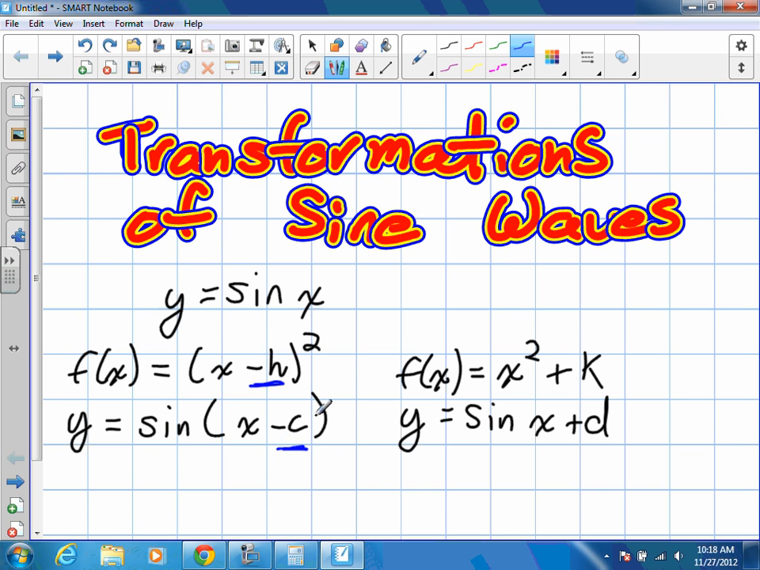So in other words, when we have a number inside that bracket with a sine function, we're going to be shifting this horizontally, okay? And which one deals with vertical shifts? K, or in this case, for our sine function, it'll be D. This is going to deal with vertical shifts, okay? The ideas are identical to